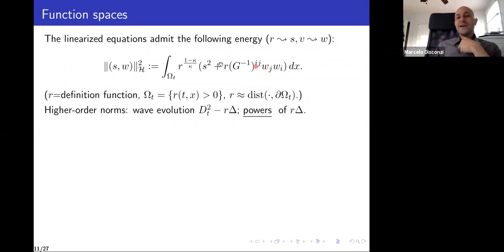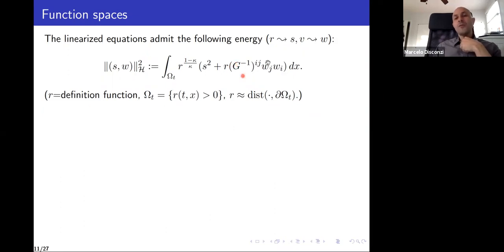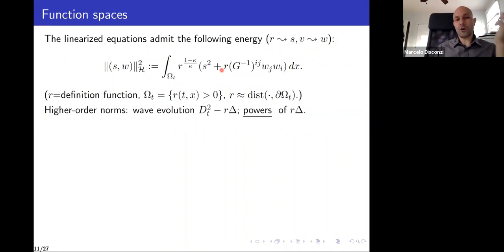Now, you see this energy, so this norm is what? It is an L2 type of norm, right? So you have S squared, you have W squared, but this is squared with respect to this metric, and you have certain weights. These R's are like the distance to the boundary, so they're like weights. So this is a weighted L2 norm. That's how you should think of this basic norm here. And whenever you have your basic L2, what you want to do in this type of problem is define some higher order norms. The question is how to define the higher order norms in this problem.